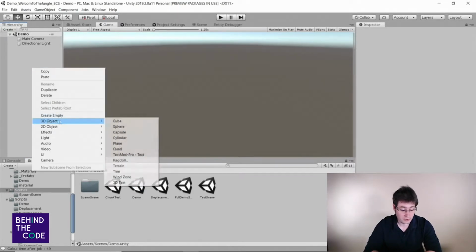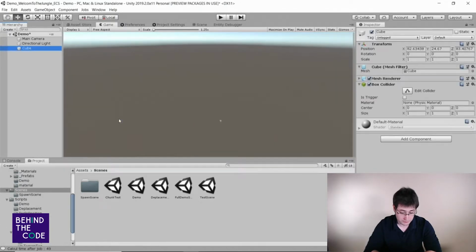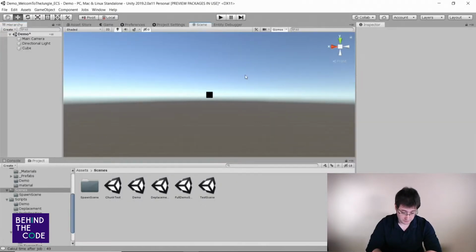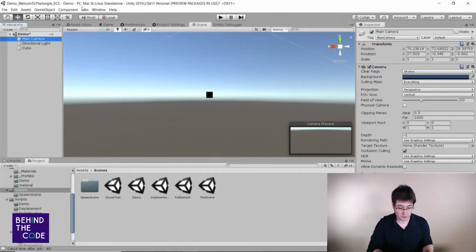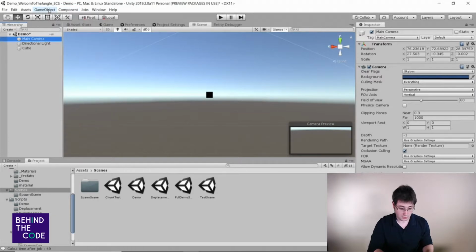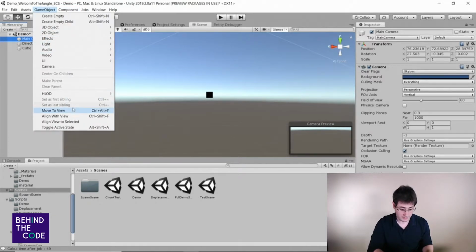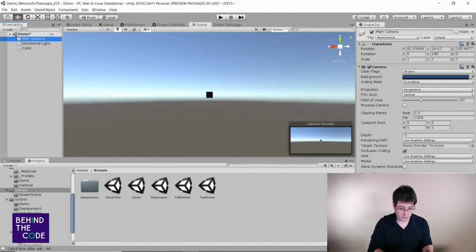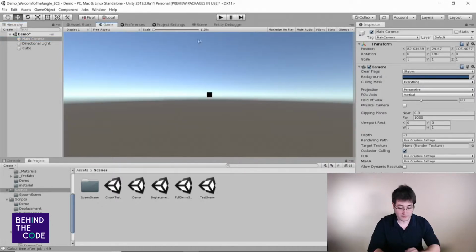So I create a simple game object, like a cube. I will position my camera to see that. Voila.